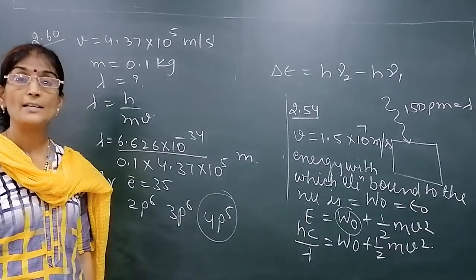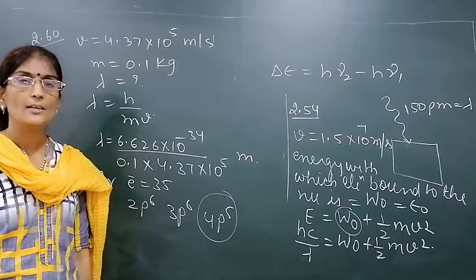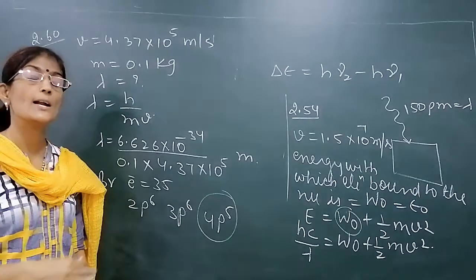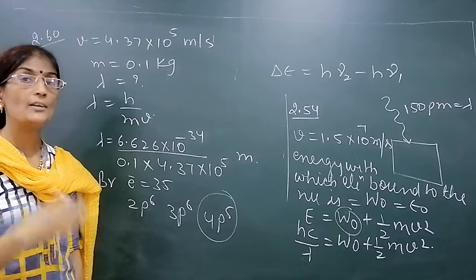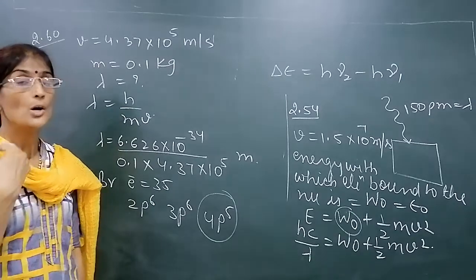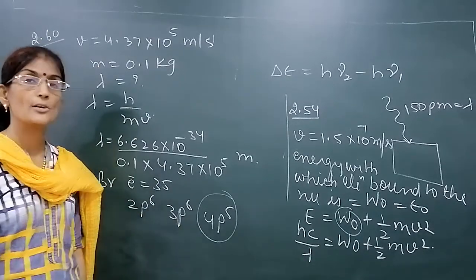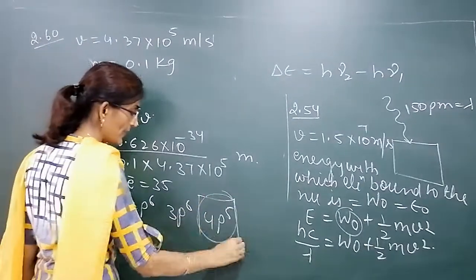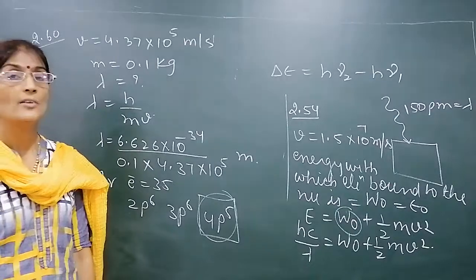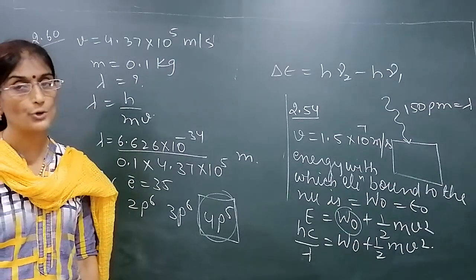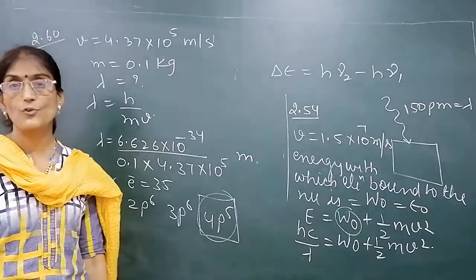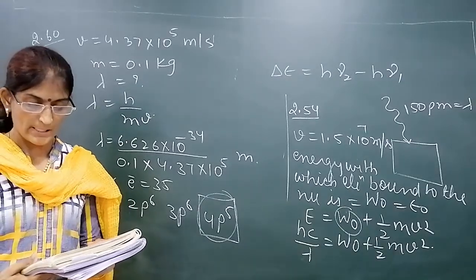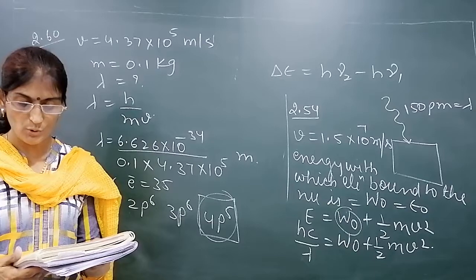In the last video we had completed the screening effect. The electrons present in inner orbitals form a screen around the nucleus which shields outer electrons from the nucleus. So the outer orbital electrons feel less attraction toward the nucleus. So the 4p5 electrons will feel lesser attraction toward the nucleus, so the effective nuclear charge for 4p5 electrons is least. Clear? So many questions are given. One more we will do.